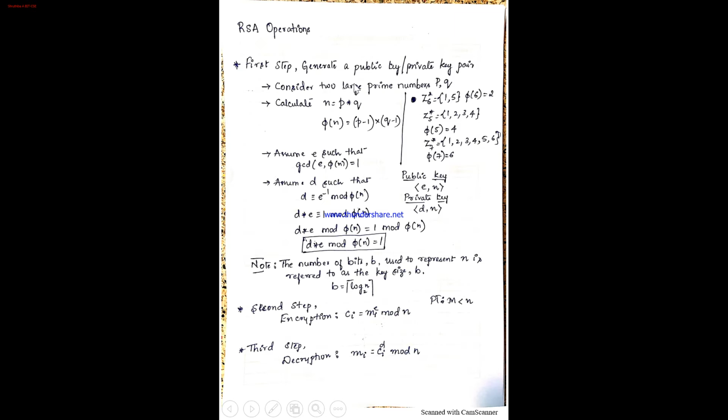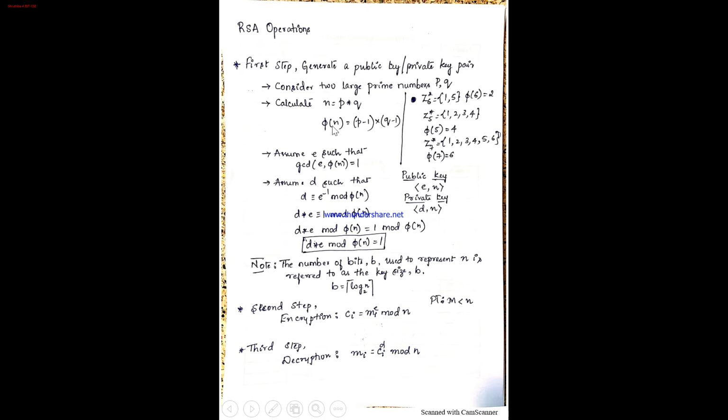Why large prime numbers, and what's the importance of prime numbers? We have discussed so many things with respect to this when I was discussing the mathematical background required for cryptographic algorithms. There I had highlighted the importance of prime numbers, why prime numbers are considered, what are its features, all these concepts. Now in RSA they have made use of two large prime numbers, P and Q, and I'll be multiplying P and Q, and that product is stored in N.